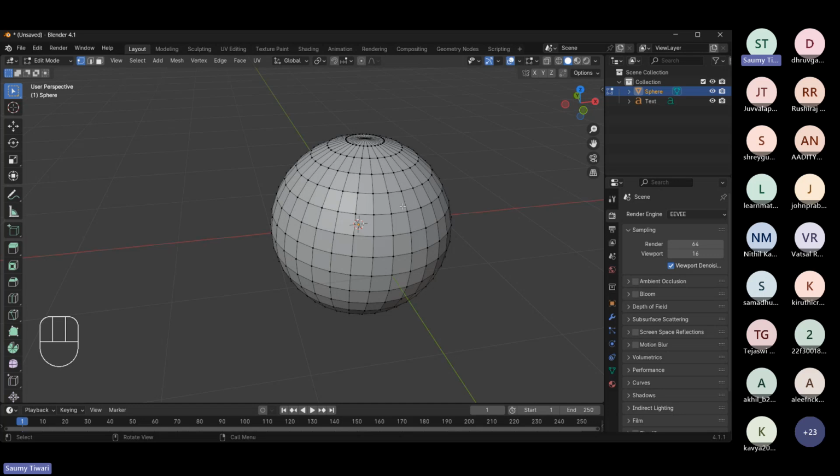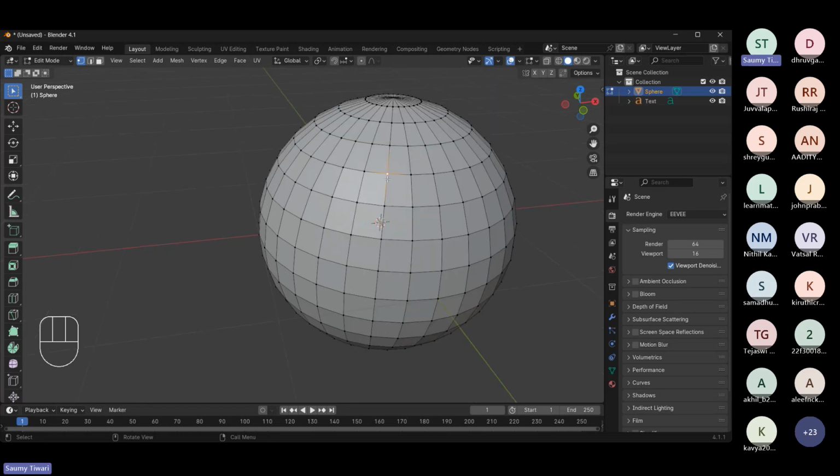Right now you have learned how to create edge loops by pressing Control R and placing the cursor at the right place. You can create this or this edge loop. Now, how to select edge loops? So press this vertex, and